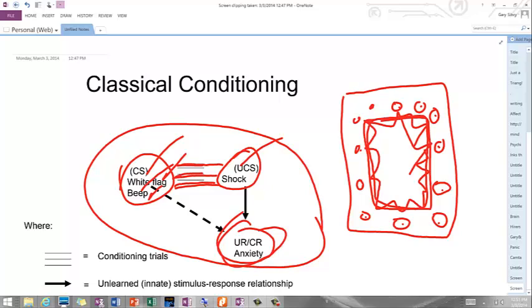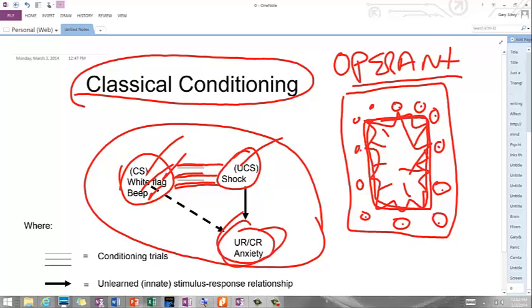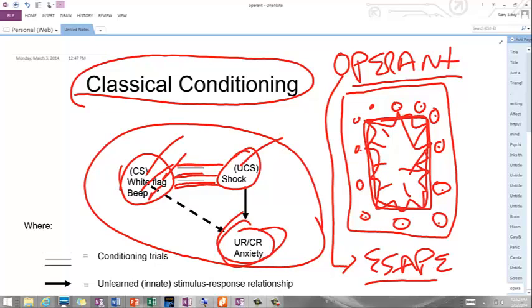Now, this is not sufficient to explain how dogs learn to stay in here. Okay? Now, what you have to do is combine this classical conditioning with Skinnerian operant conditioning. Okay? Especially, as we've already discussed, the escape behavior or avoidance behavior.